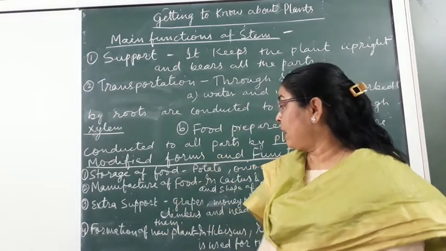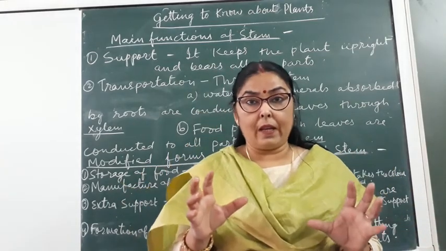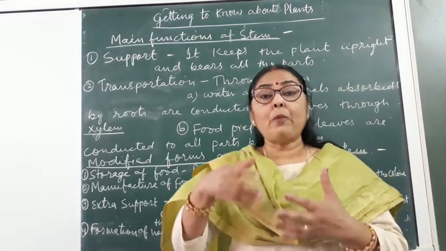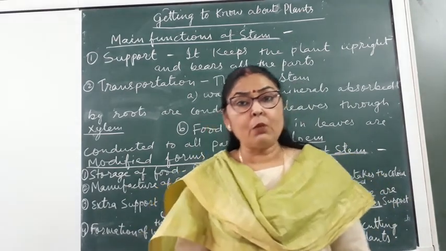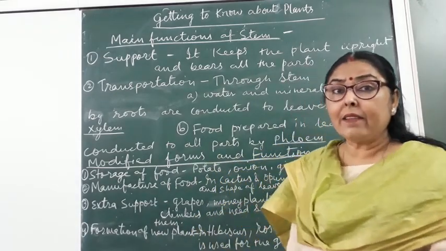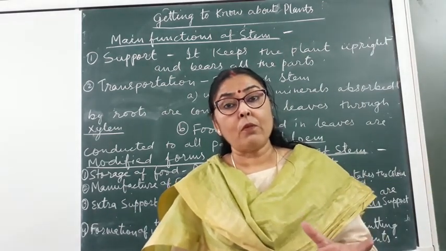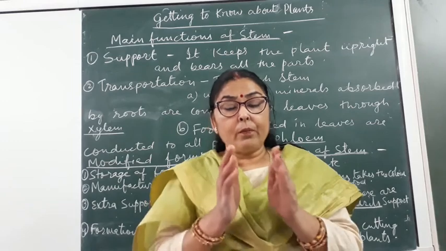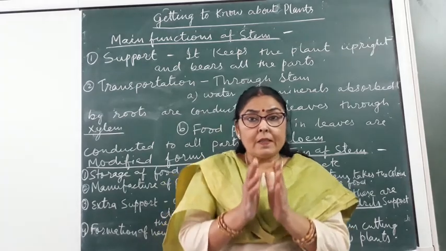long roots. But what is the climatic condition of desert? It is very dry and hot. So their water will get evaporated through the stomata. So they have changed their leaves into spines, and the stem of that plant has taken the shape and structure of leaves. Means stem has become like leaves, green, it has chlorophyll, and they are fleshy, means they store water inside them.